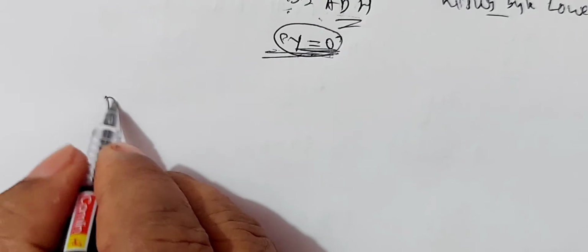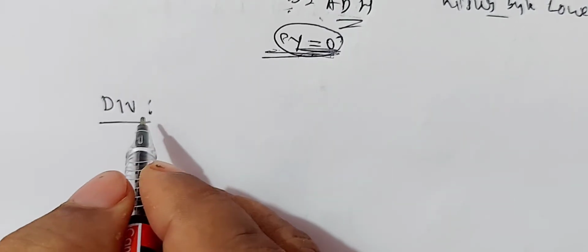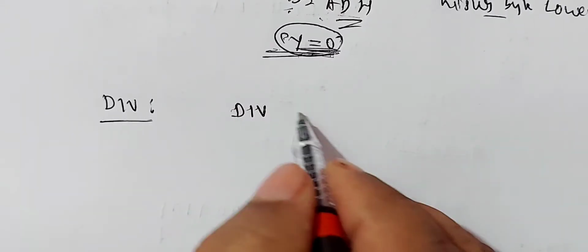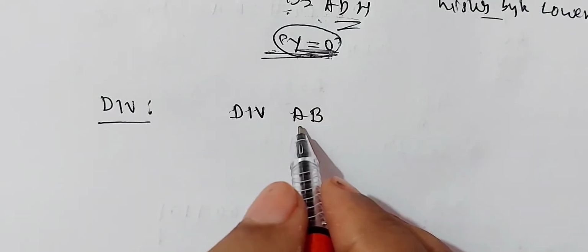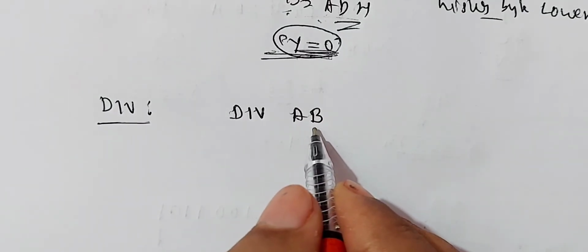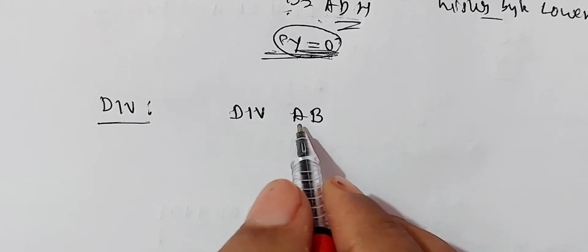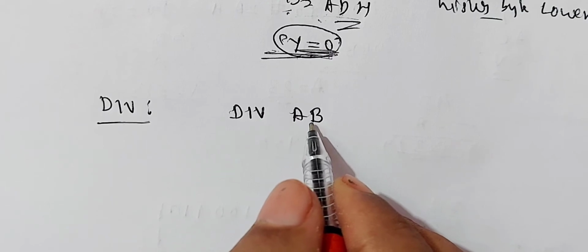Now, the final mathematical instruction is divide, DIV. DIV is an operational code used to divide two given data. The instruction used to divide the two given data must be like this: DIV AB. Here also the destination must be the register A and the source must be the register B, and there should not be any comma. DIV space AB. There should not be any space between A and B. Example.